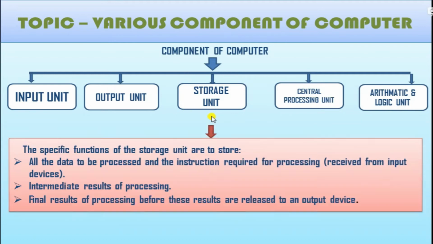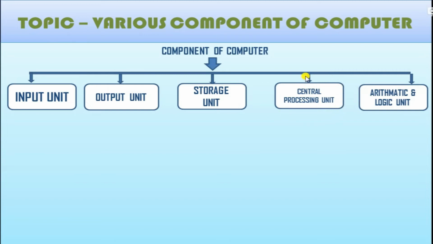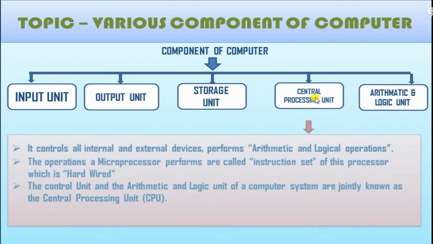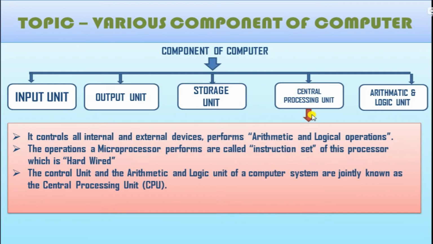Next, this is the very important part, the central processing unit, which we all know as the CPU, which is, you can say, the brain of the computer. Without a brain, if you assume a human, you can't do anything without your brain. Just like that, a computer can't do anything without this CPU.